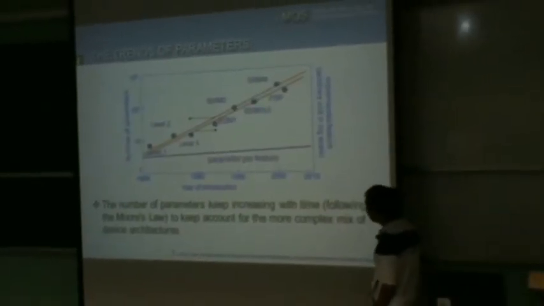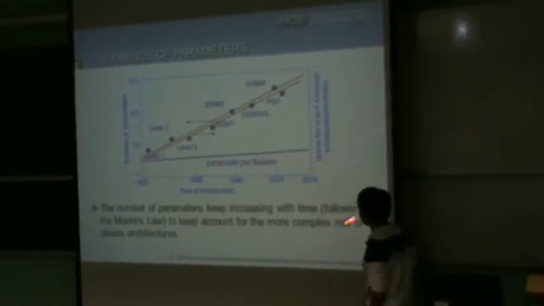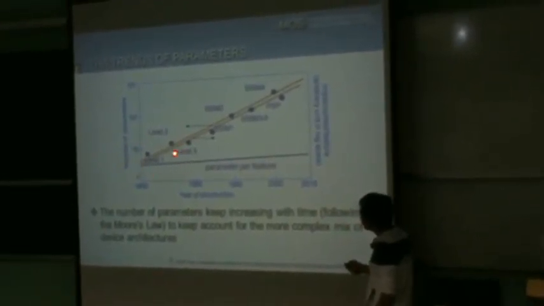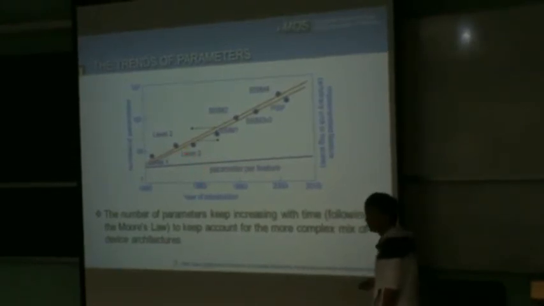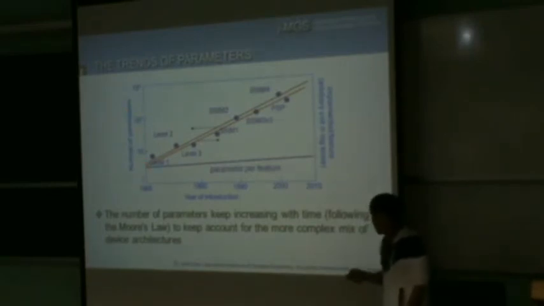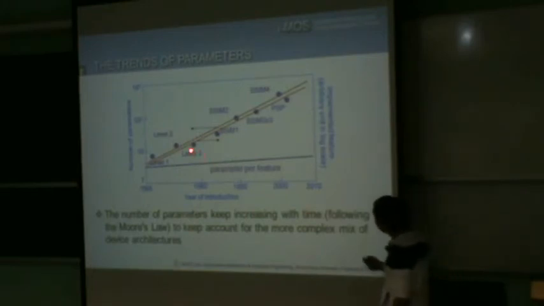Now, if you look at the trend of parameters, I call this the Moore's law of parameters. For every fixed period of time, the number of parameters doubles. At the very beginning, the level 1 model is very simple, with less than 10 parameters. You go to BSIM4, and we're getting closer to about 400 parameters. Now, PSP, when we first developed it, had only 30-something parameters. But when it became the standard, including Phoenix, it gets close to 100-something parameters if you want to use the full model. So this number keeps on increasing.